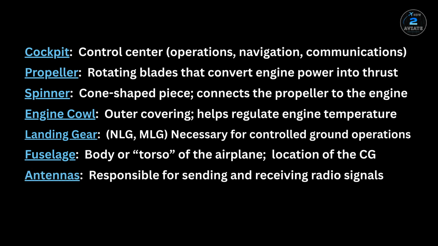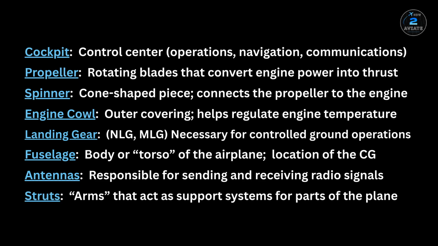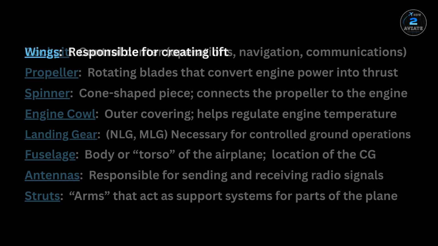The antennas are small devices that allow the aircraft to send and receive radio signals and are crucial for communication. The struts are structural supports or arms that help hold the wings, landing gear, and other parts in place. The plane's wings are responsible for creating lift, and on the trailing edge of the wings are the flaps and